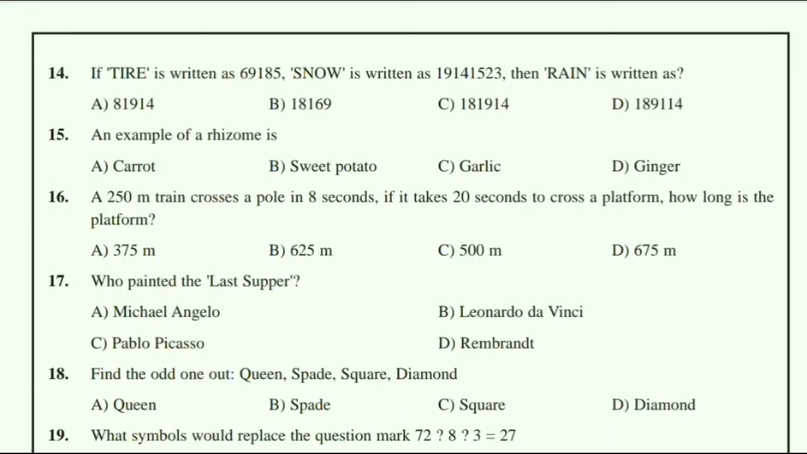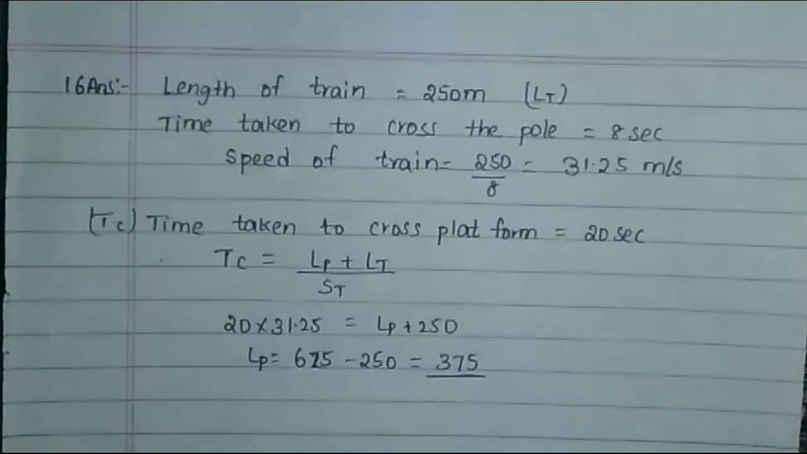A 250-meter train crosses a pole in 8 seconds. If it takes 20 seconds to cross a platform, how long is the platform? Let the length of the train be 250 meters and the time taken by the train to cross the pole be 8 seconds. Speed of the train is equal to 250 by 8, that is, velocity is equal to displacement by time. From that formula,